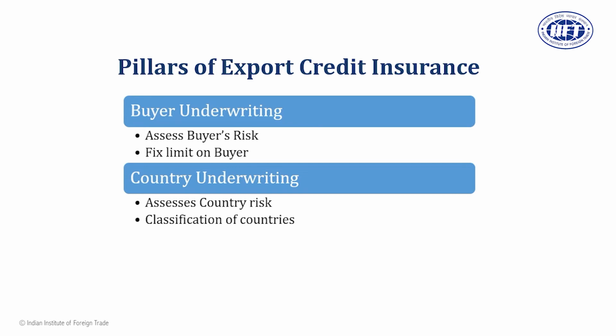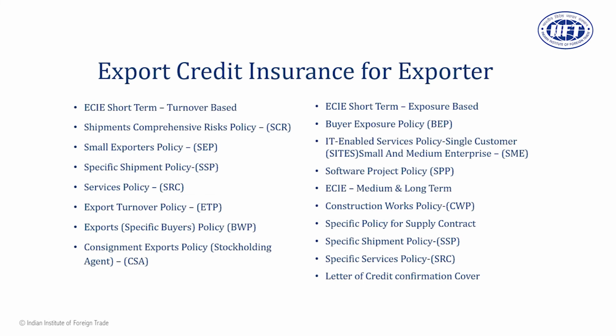ECGC has classified countries depending upon the risk involved. There are a few countries which are considered as high risk countries. Export consignments going to these countries might not be given complete coverage, or the percentage of risk coverage by ECGC might be low in these countries as compared to safe or developed countries with which the exporter in India is trading with. If you see here,